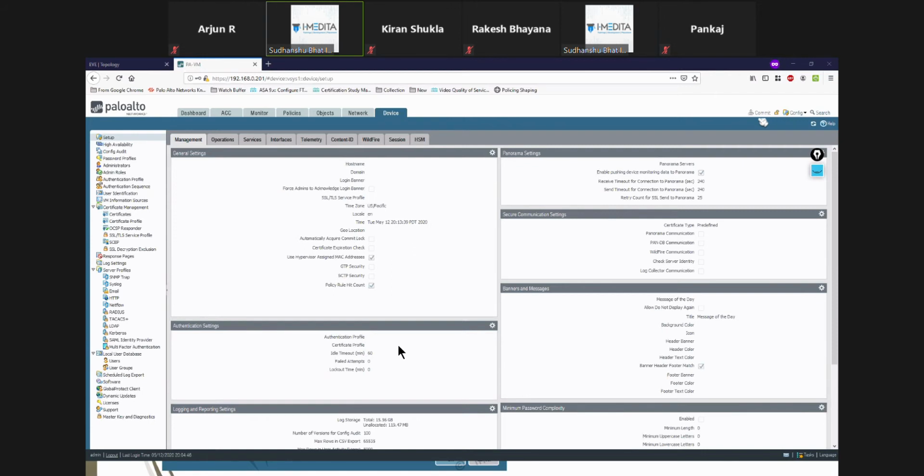Why am I showing you this by zooming in? If you go for the Palo Alto certification exam, they don't have any way to test your practical knowledge. It's not like the CCNA exam, where they give you simulations and you have to configure an ACL or other things on routers in a simulated environment. In the Palo Alto exam, they can't do that.